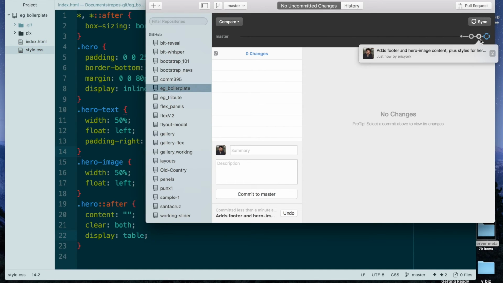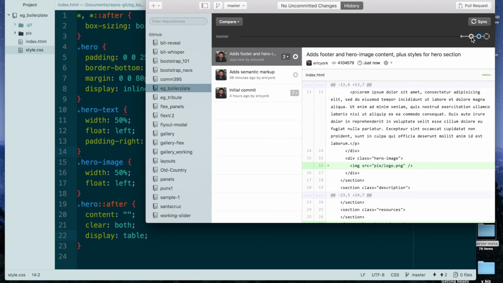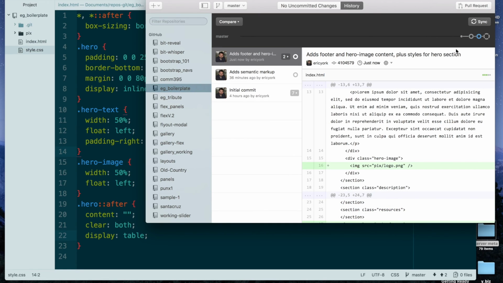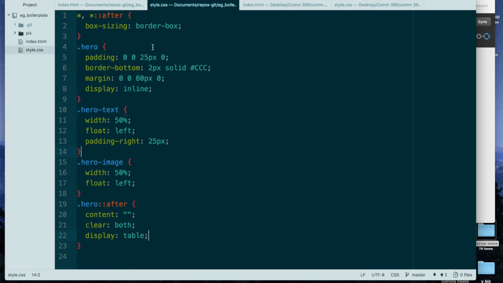At this point, I'd just like to point out I can go back to any of the steps and check them out. They're here in the timeline and also in the side here. And if I needed to, I could revert to that stage at any point. But I'm not going to do that. I'm going to continue on. So moving to my next step, I'm going to go back into my code,